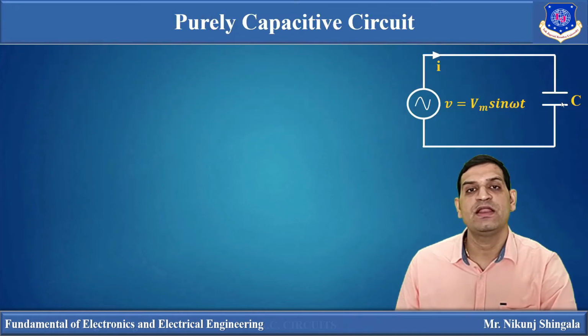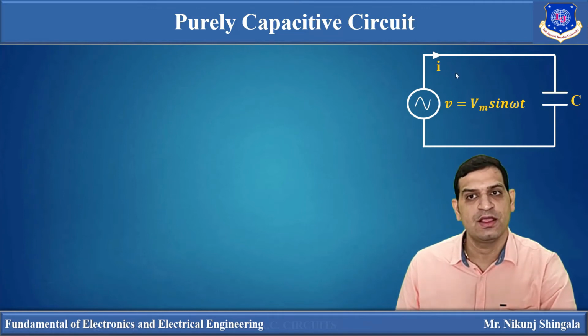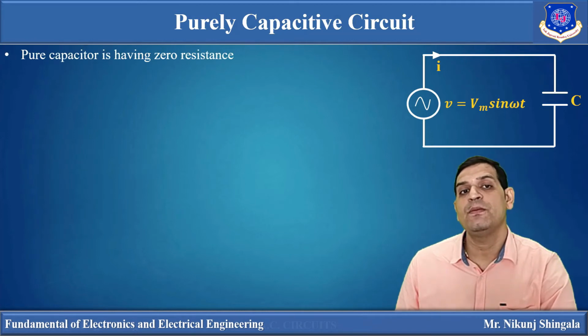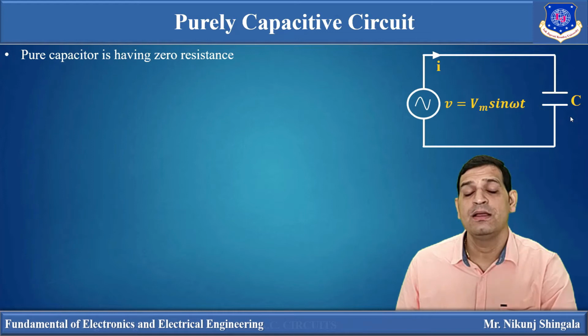So here you can say one capacitor having capacitance C Farad is connected across an alternating voltage V, and because of alternating voltage, alternating current will start to flow in this circuit. Now this circuit consists of pure capacitor. Now pure capacitor means what? Pure capacitor is having zero resistance. This is similar to the pure inductor which is having zero resistance, but no capacitor is actually having zero resistance. For study purpose we are only taking that capacitance is pure, that is a pure capacitor is having zero resistance.